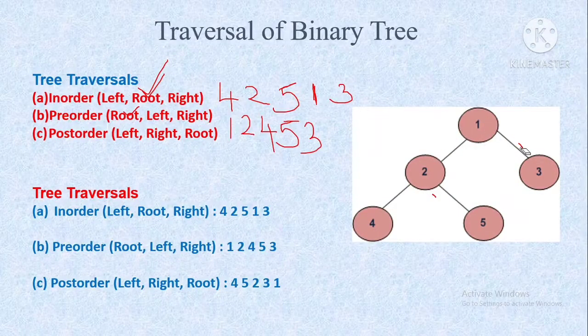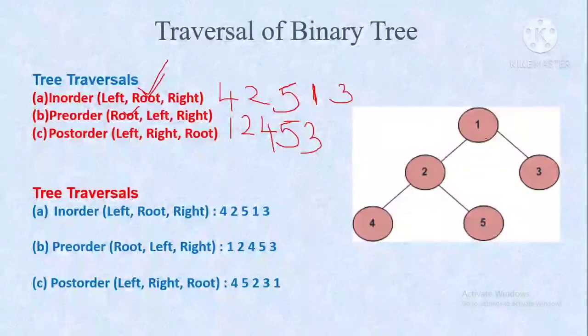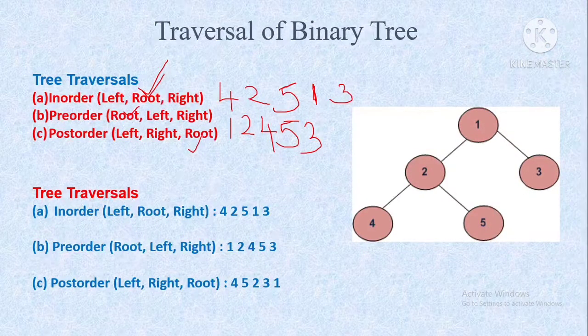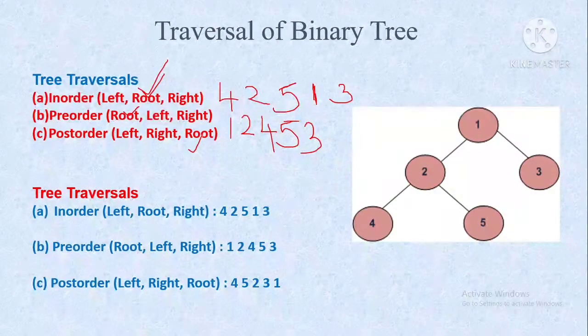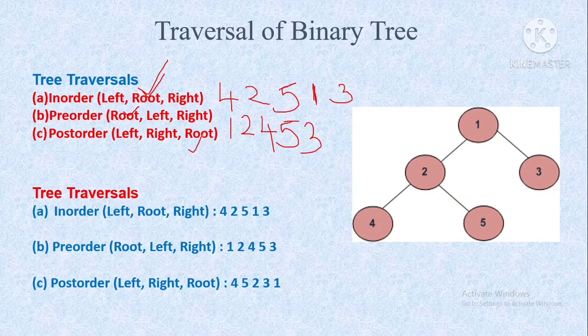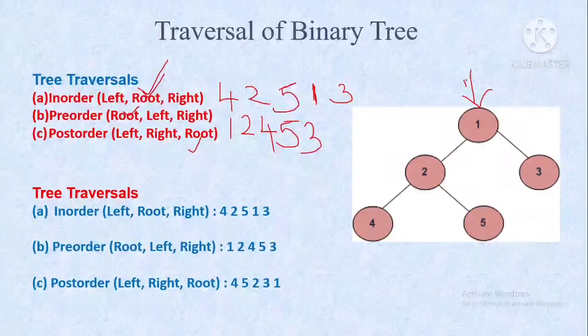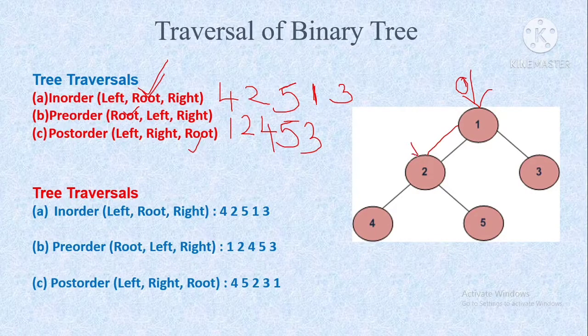Post order traversal, what it says, root comes at the third place. So when you visit a particular node for the third time, then only you are going to print that node. So you will be landing on this root node. First time you will not write. Here first time you will not write. Then you will move on to this 4, first time you will not write.